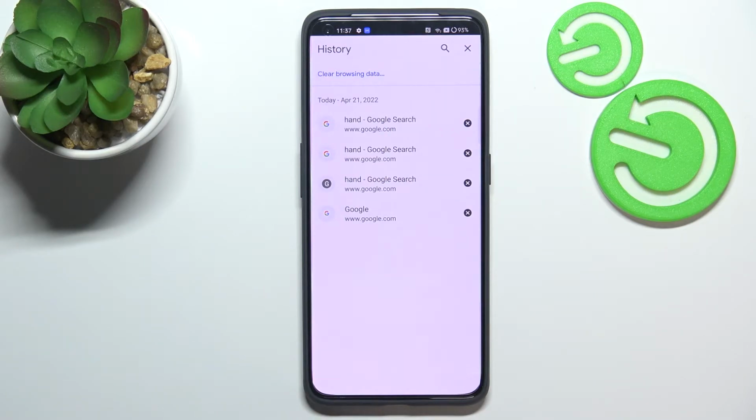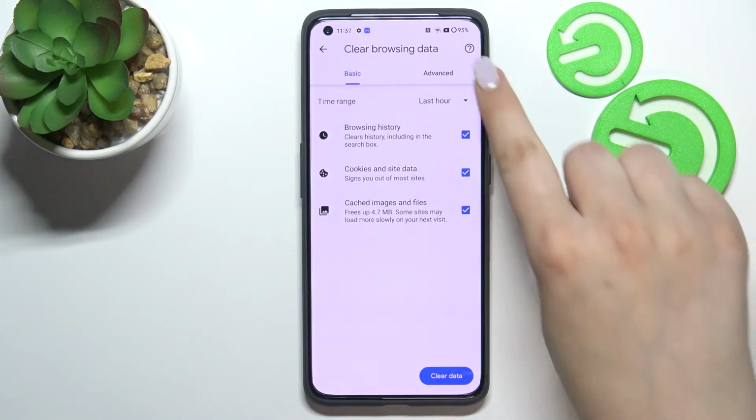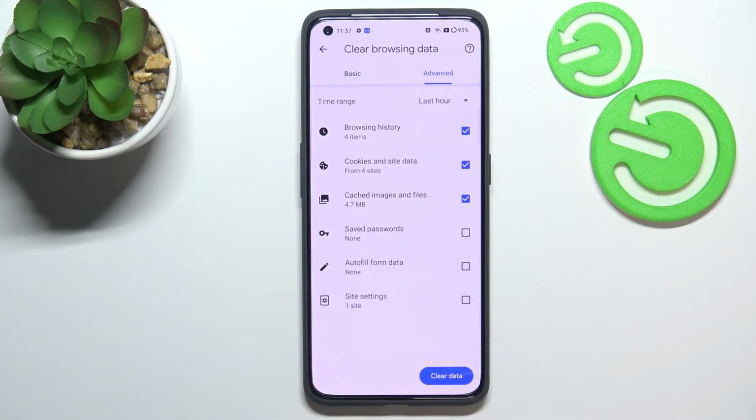manually, I highly recommend to simply tap on clear browsing data, and here we've got some basic and advanced options. So in basics we've got browsing history, cookies and site data, and cached images and files, and in advanced we've got also saved passwords, autofill form data, and site settings. So if you want to remove something, just make sure that it is marked, so I will mark everything in